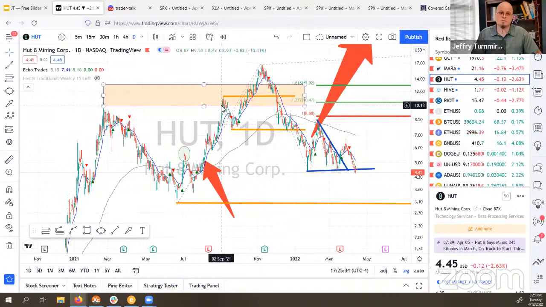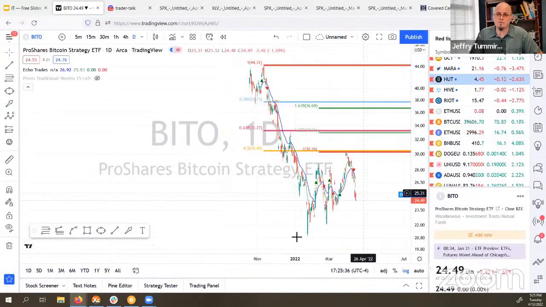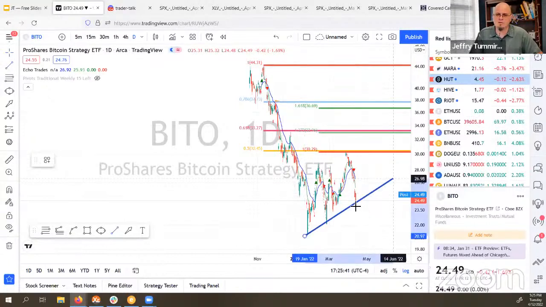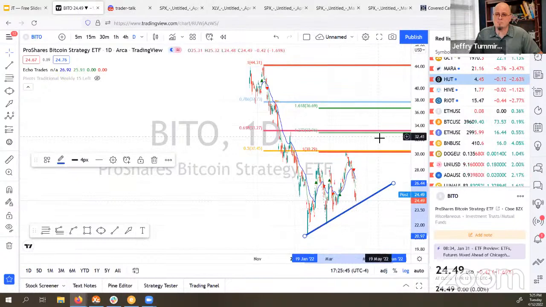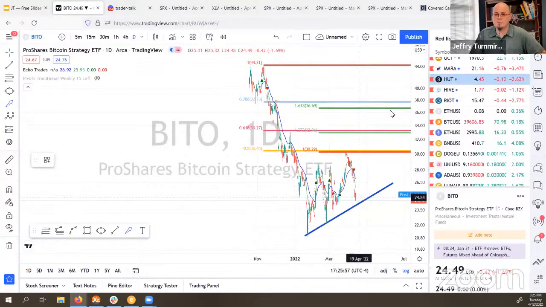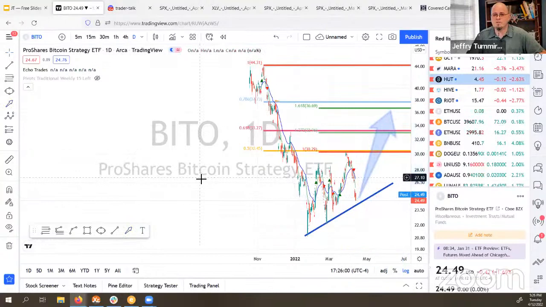Beto is just correlated with Bitcoin. So again, this one, it's got its lows right there. If it can bounce there, bullish. I do have, I think it was $30 calls for June on that one. I think that's right. So expecting a move up, but it doesn't necessarily have to happen. Like I said, if it starts breaking these trend lines of the lows, not looking good for crypto.